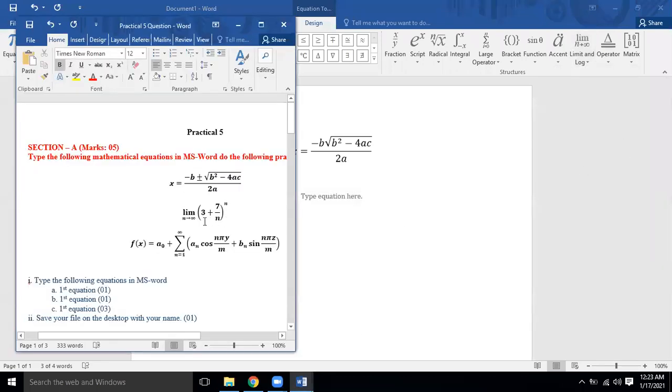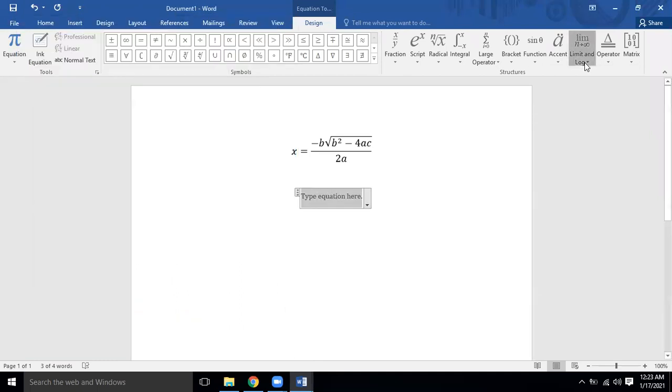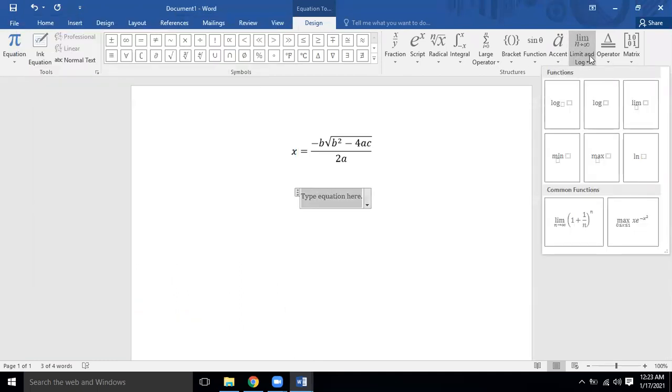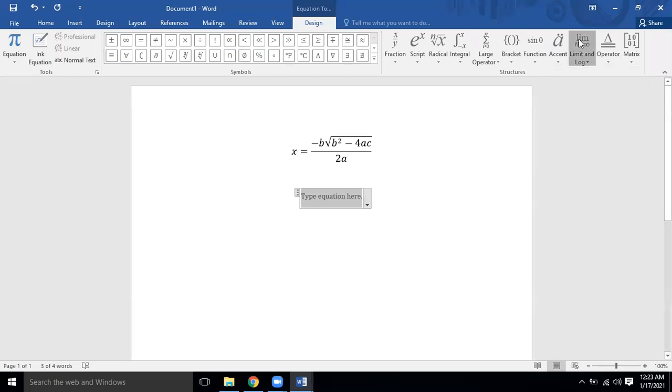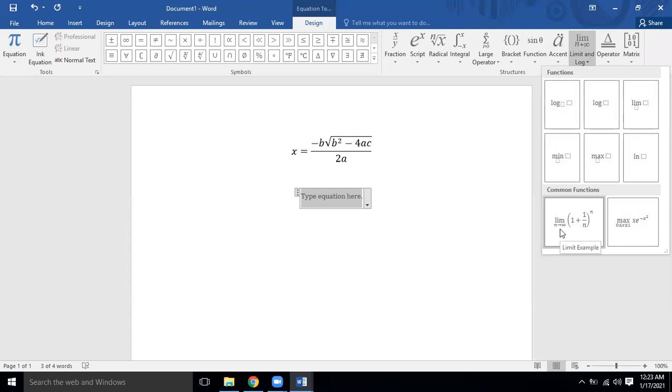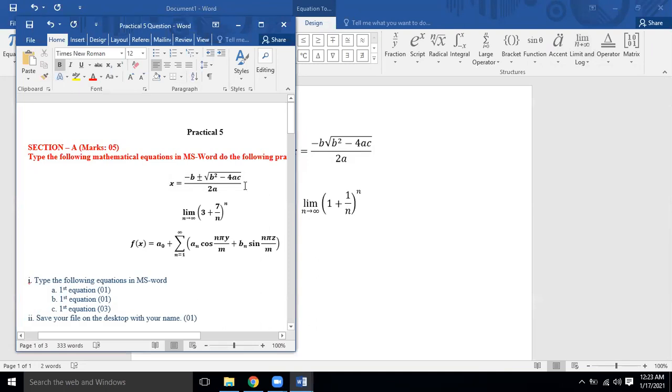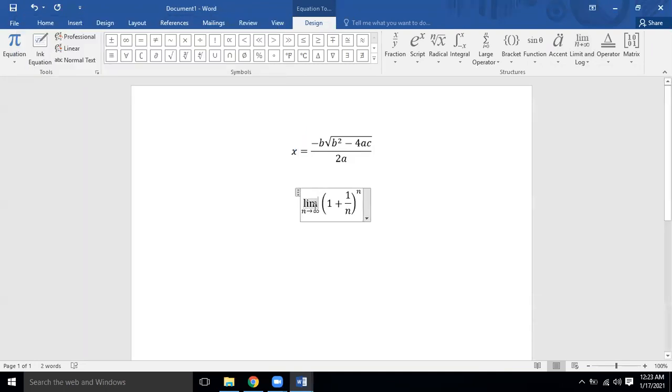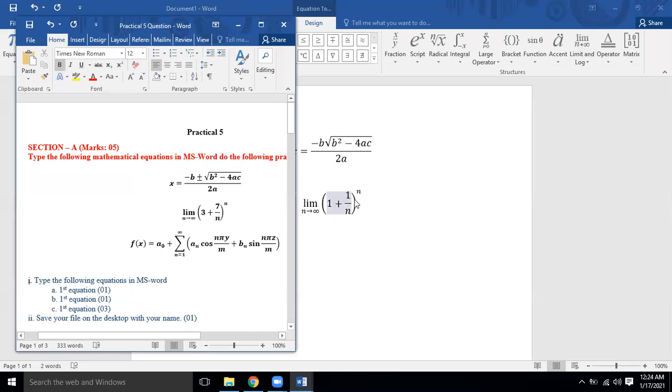Different limit options are there, but keep in mind which limit option we have to take. This is the limit option where n approaches infinity is mentioned under the limit. I have to take this design, not a wrong one. We have to take a proper design of the limit. So this is the design that we can take, and I clicked over here. Right now it is showing n approaches to infinity under the limit. It is already written, you cannot change it, but the numbers written can be changed accordingly, just like 3 plus 7 upon n.